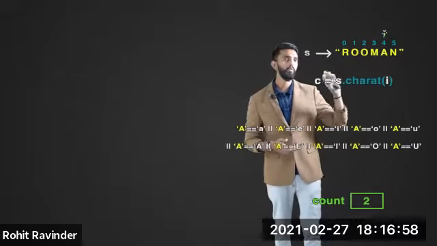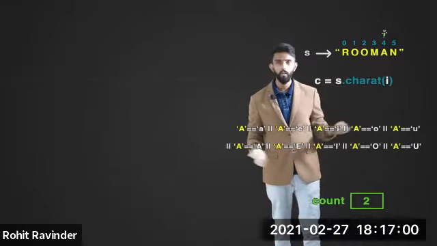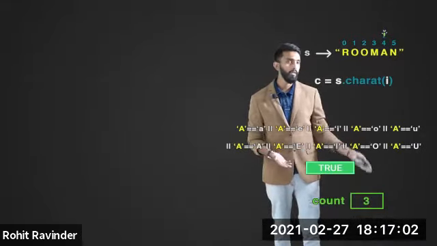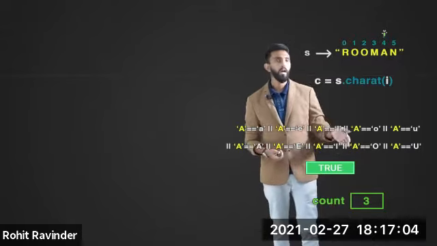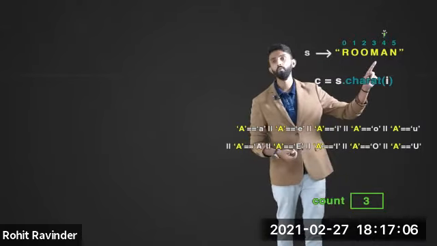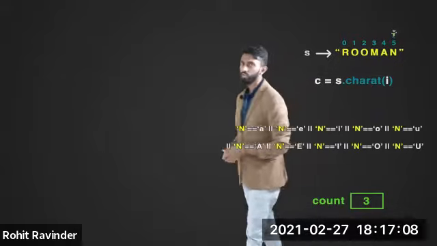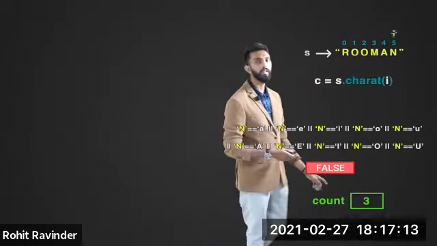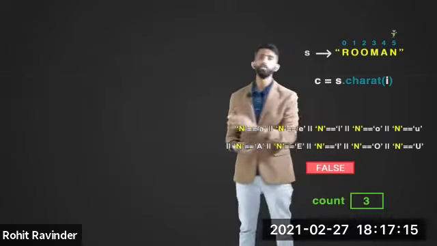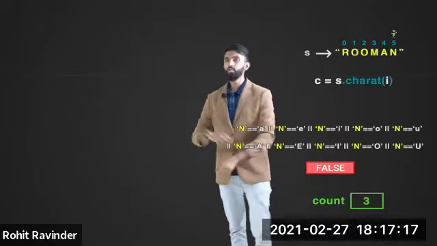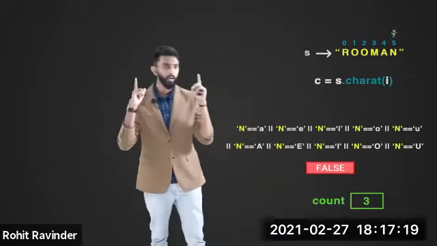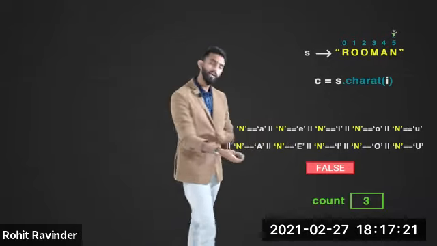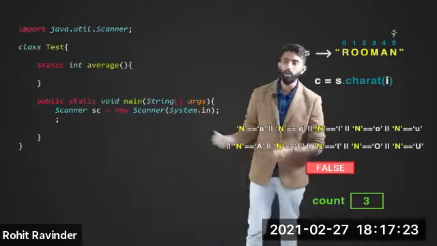Next, again, move forward. A, obviously, A is a vowel, which means you are going to get true. If it is true, increment the value of count, after which I has to obviously move forward. And the last element you have to check: N is not a vowel, you will get false. Last but not the least, count value is 3, and this is what you should be returning. Let's quickly write the code so that we can look at the last program for today, which is quite an interesting program. So watch it.